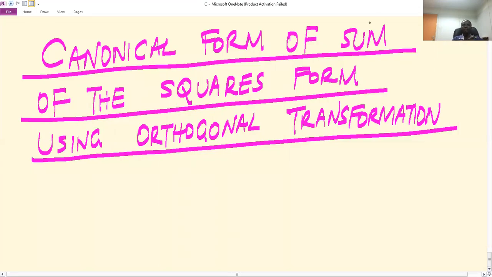Welcome to this session. In this session we discuss orthogonal transformation of quadratic forms. In the previous session, we discussed linear transformation. So we want to see the difference between linear transformation of a quadratic form and orthogonal transformation of a given quadratic form. So if you have a real symmetric matrix A,